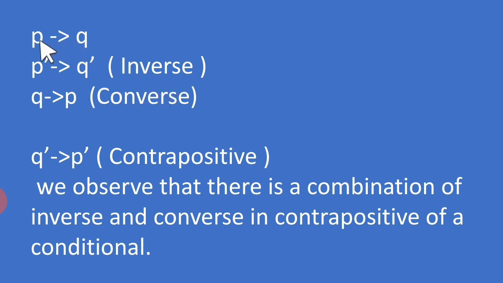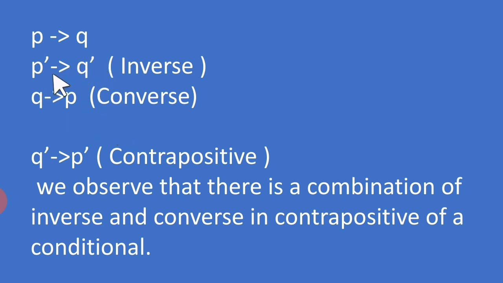Now what we do with this conditional here, that we have now interchange antecedent and the consequent of this conditional. So here what does it mean? It simply means if sky is not clear, then it is raining. Q conditional P, and that is what we call converse. So in the converse we interchange the antecedent and the consequent of a conditional. Alright, and we get another conditional that is here in front of you, that is Q conditional P.